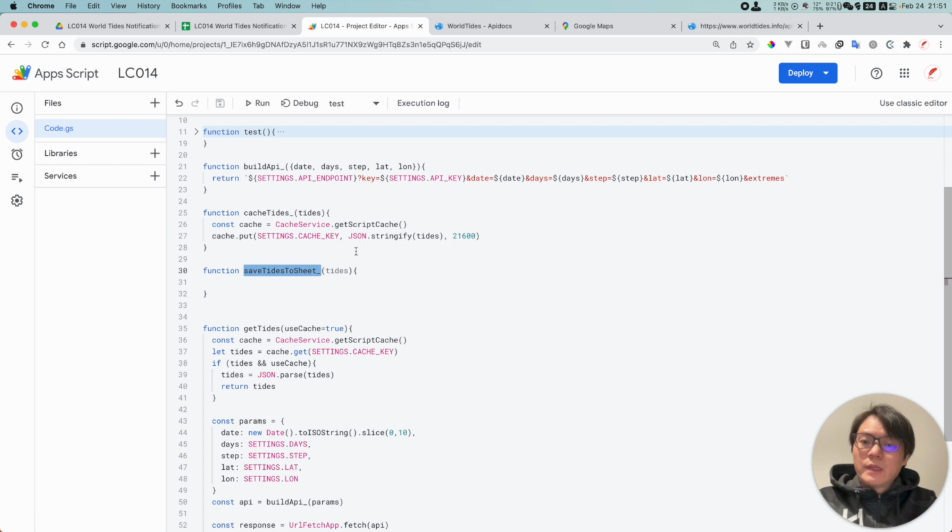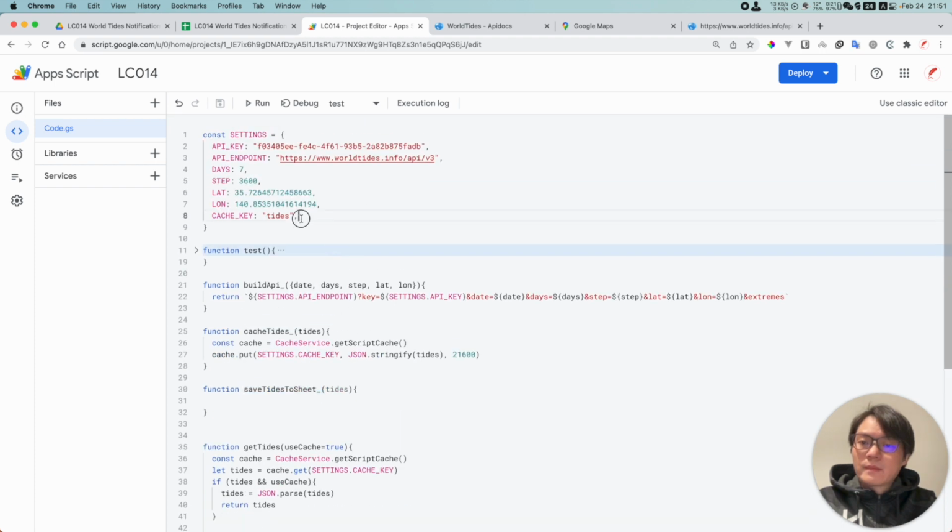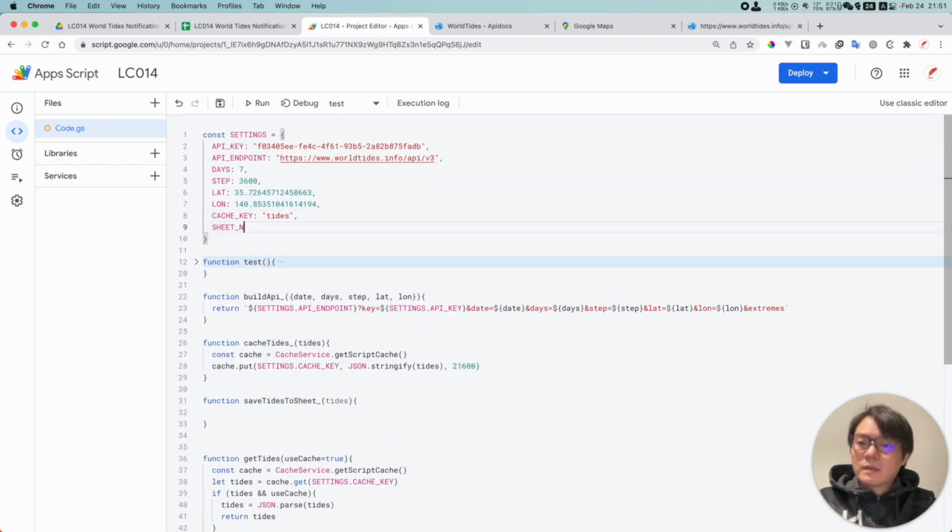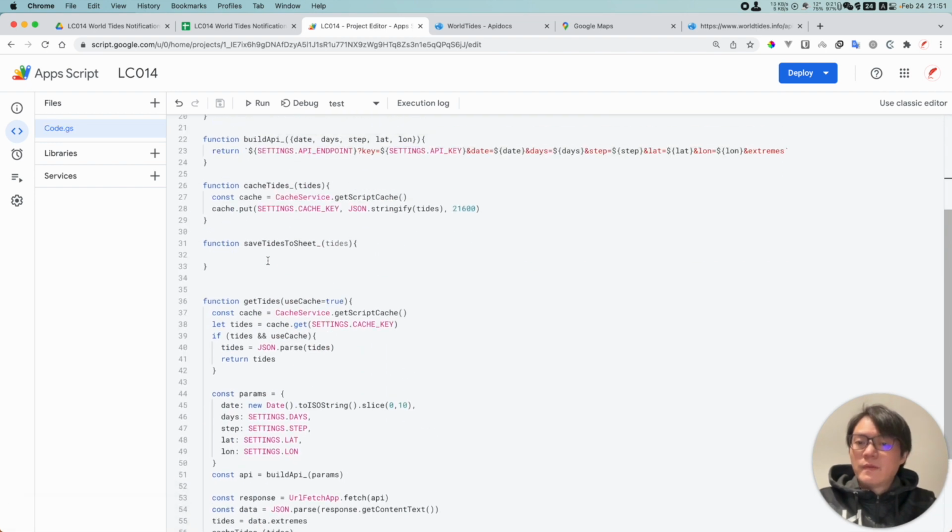So we're going to need a sheet name here for the tides. Okay, so let's name it tides. So this is going to be the name, right? The name of the sheet. So const